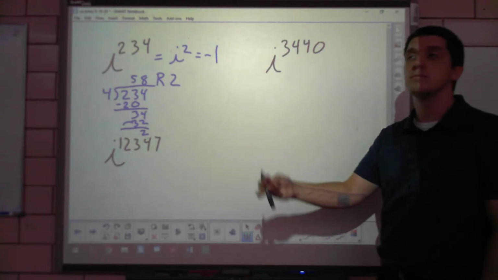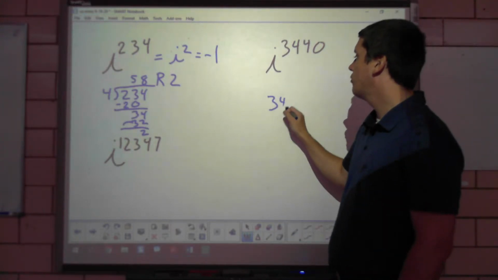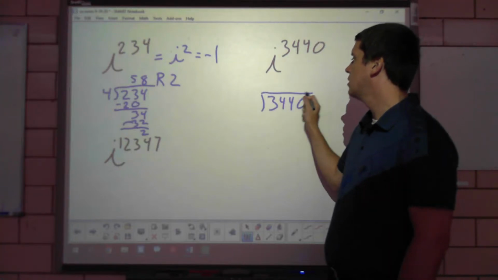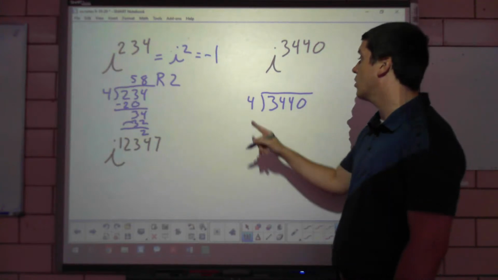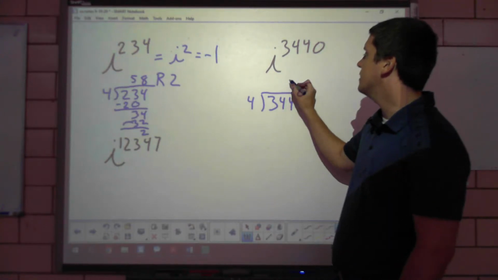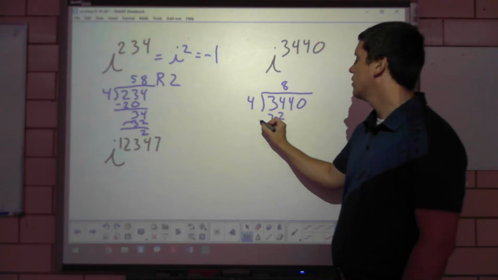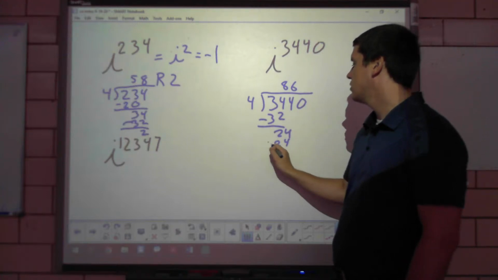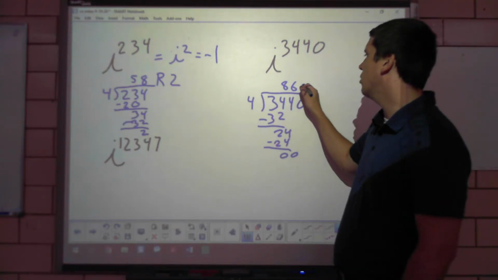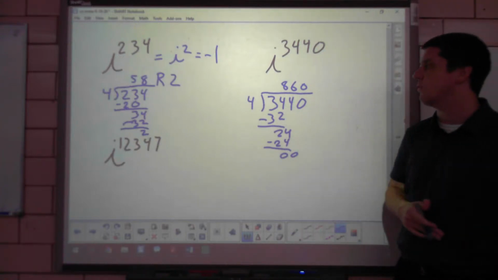That's it. So if I look at the same thing here, 3,440, I'm always going to divide by 4 because it repeats 4 times. So I take that in there. That is an 8. 32, that's a 2, 24, that's a 6, 24, that's a 0, so this is a 0. So there would be i to the fourth 864 times